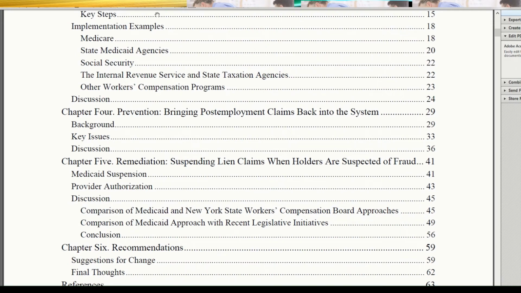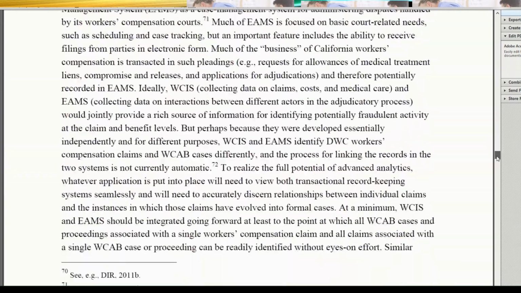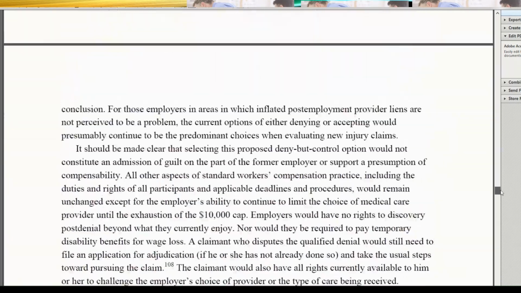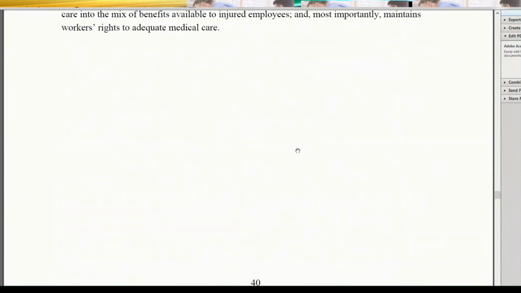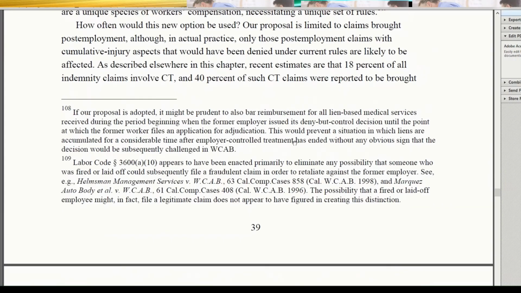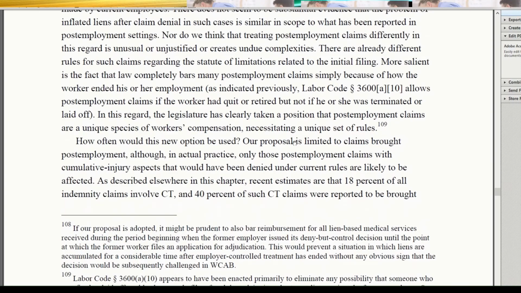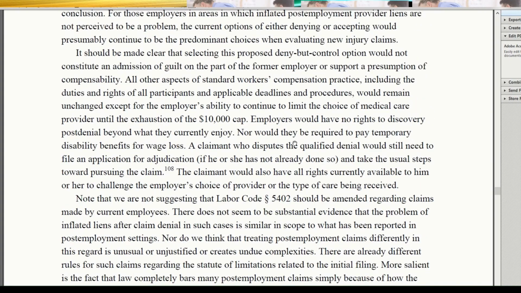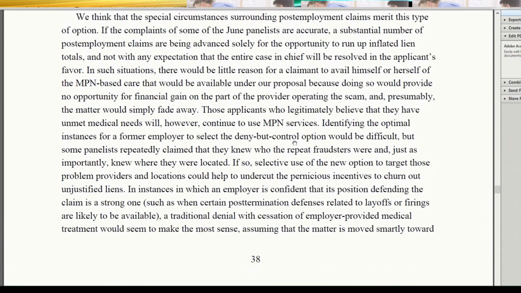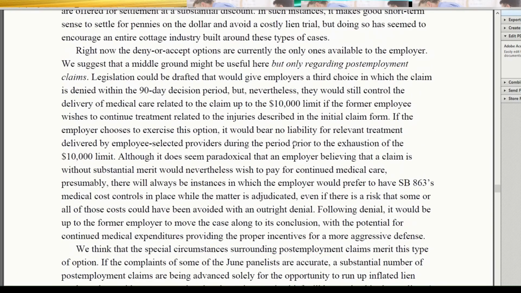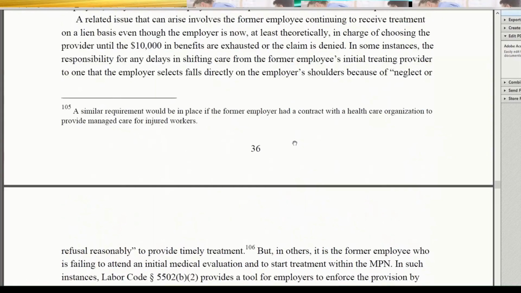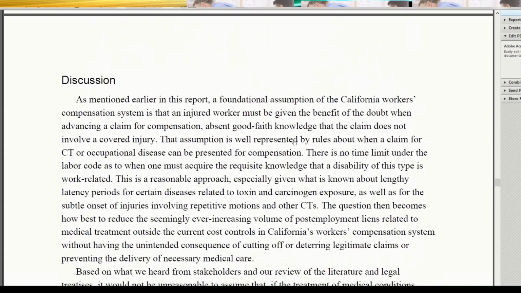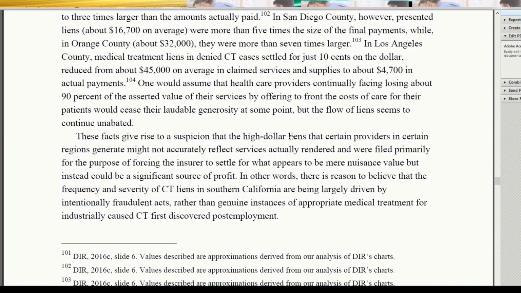But let's just jump very quickly to page 39 and get to the point for the purposes of this evaluation. And they tell us on page 39, that is page 59 here in this Adobe Reader, 39 in the document itself. Let's go here. So they go through some discussion about how liens are being filed in these cases, and the